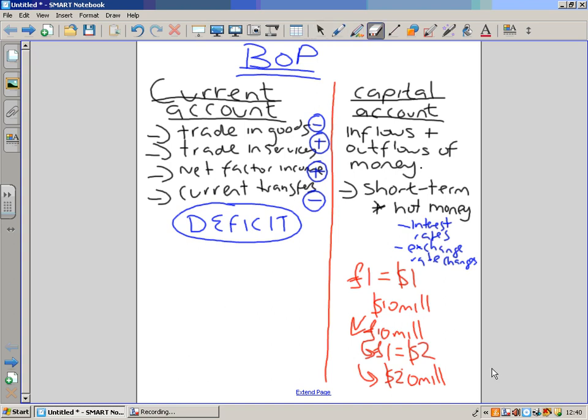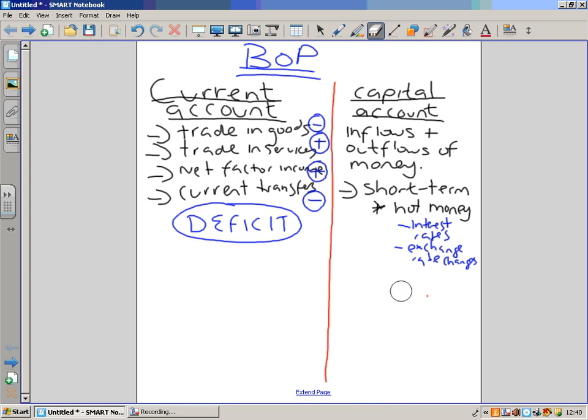As soon as the UK pound starts to depreciate again, the American would pull his money out of the British economy. Short-term investments tend to be no real help to the country. If anything, they can destabilise the country, which we'll look at when we look at exchange rates. If we were looking more at long-term investments,